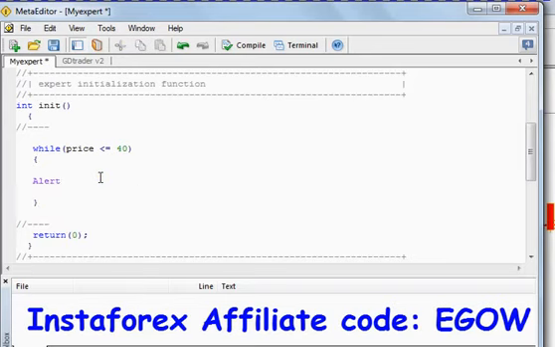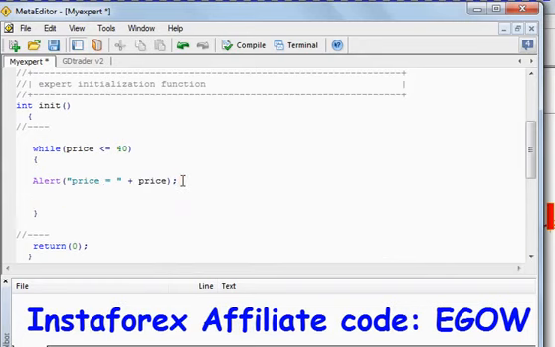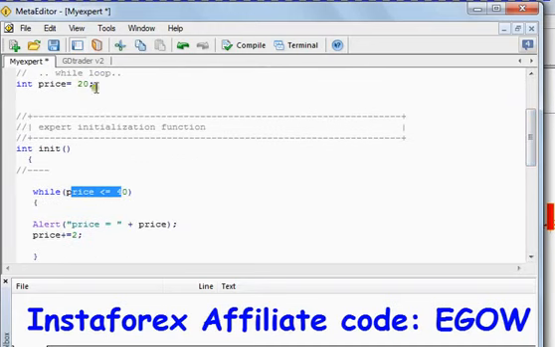So let's make an alert statement and let's display the value of price. And yeah, and also we have to increment the price by some value. If we won't do this, the loop will continue executing infinitely many times, because this condition will become true every time. So here the price is 20,